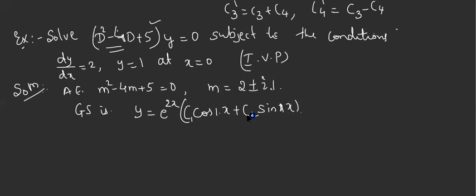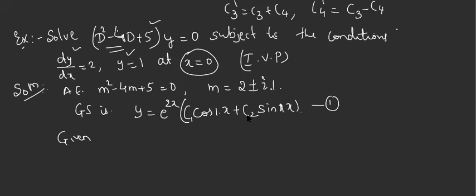Now, what you have to do is, these conditions will help us to find the constants. Tell me actually how many conditions they have given. They have actually given 2 conditions. So this is fixed. When x is 0, that time y is 1 and dy by dx is 2. So there are 2 conditions. I'll call this equation 1. Which condition can I use here? Which variables can you find in this? Isn't it you have an x and you have a y? I cannot use dy by dx at this stage. Am I right?